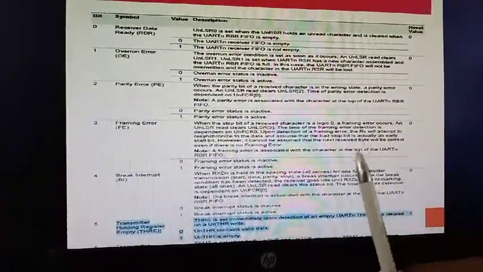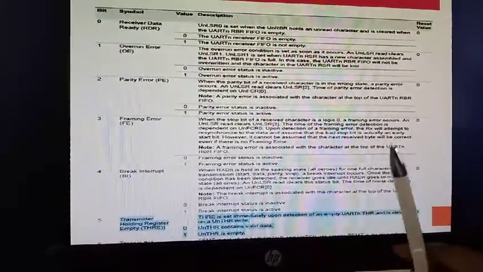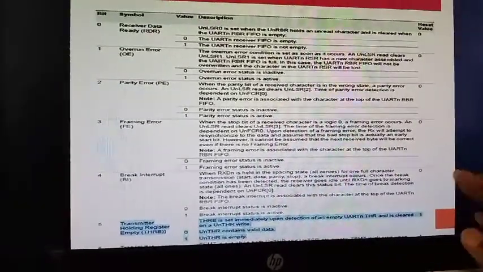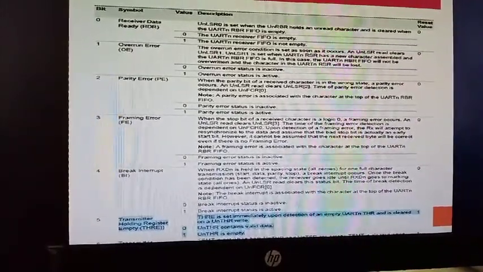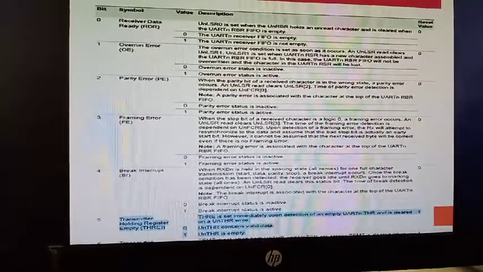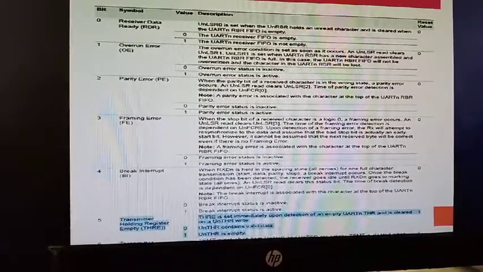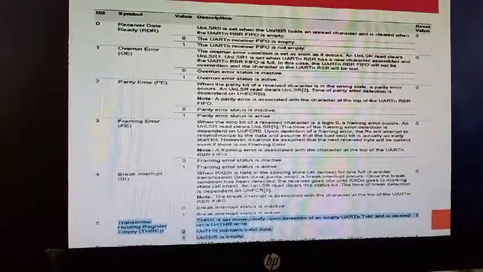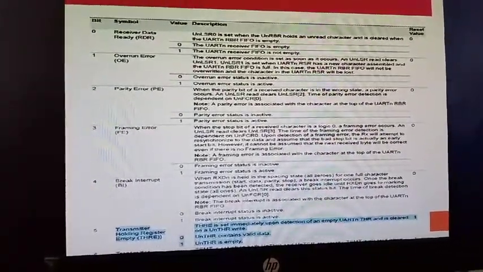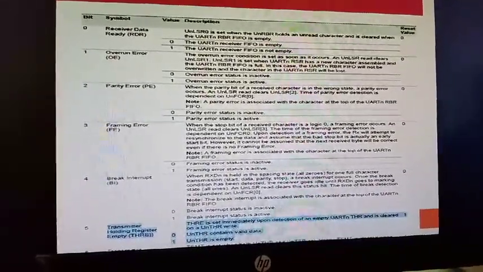Next, as I said, we have an important register, the transmit and hold register, and we have to concentrate on it. You have to check whether this register is empty or not. If it is not empty, then you start with the transmission of your data. If it is empty, you need not transmit any data. Here we are not checking whether the register holds data, we are just checking whether it is empty. If it is empty, we do not need to transmit. If it is holding data, that means it is not empty, and we have to start the transmission.